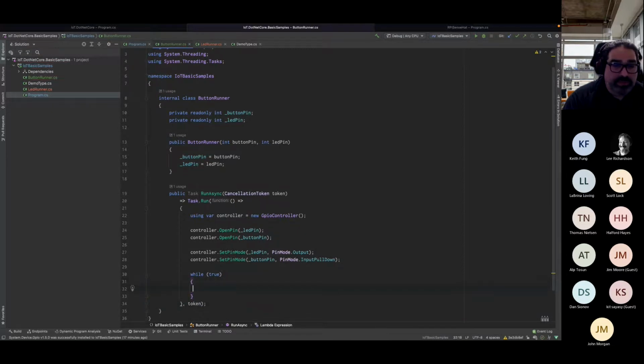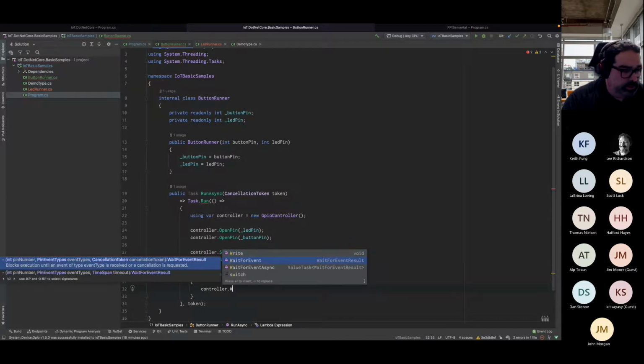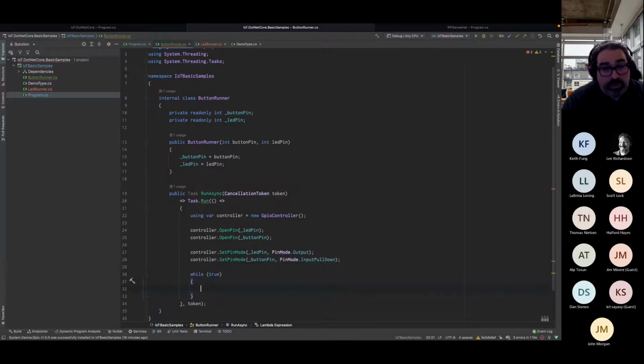So this is one style of interacting with a button. There's also a wait for event. So this could be a bit more event driven than loop driven, if you wanted to follow that course. Now, just to keep this clean, let me write the cancellation code before I forget.